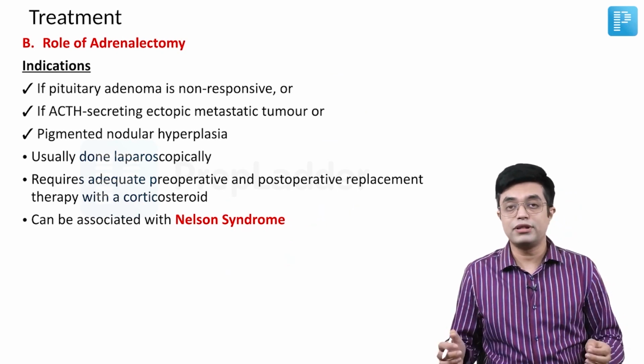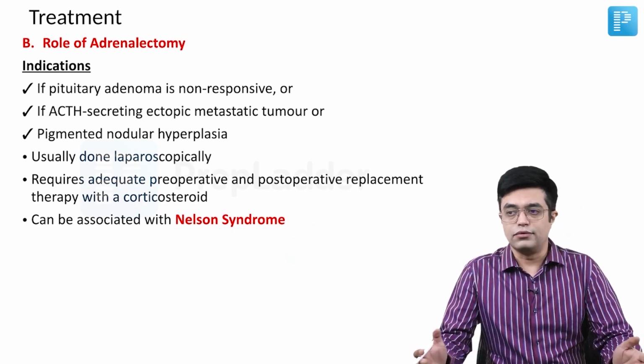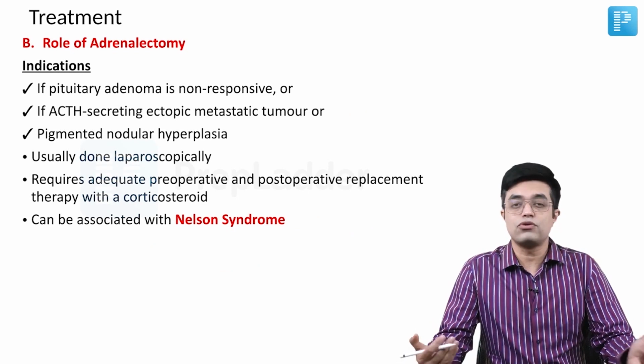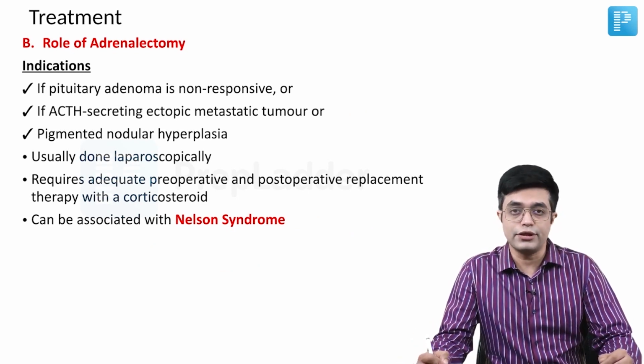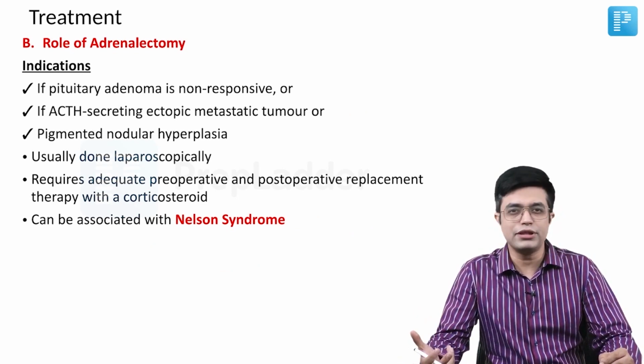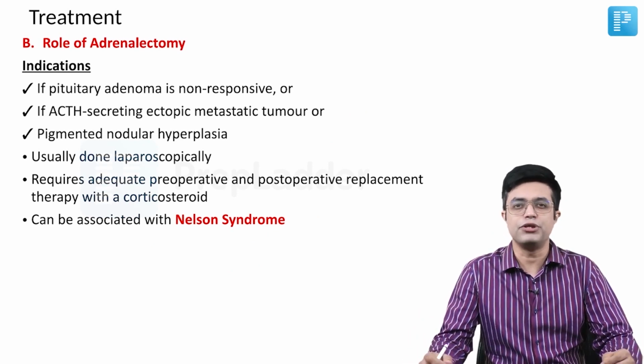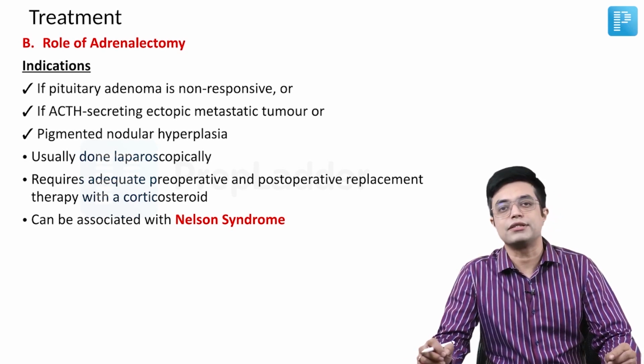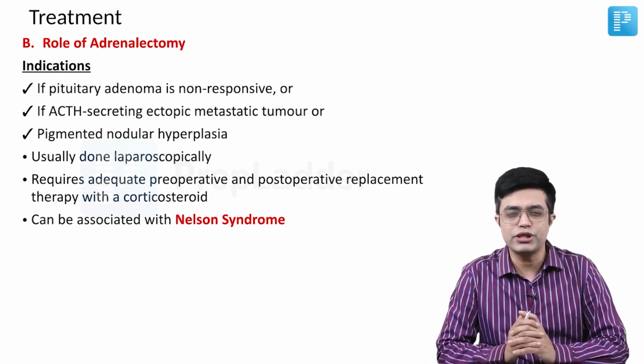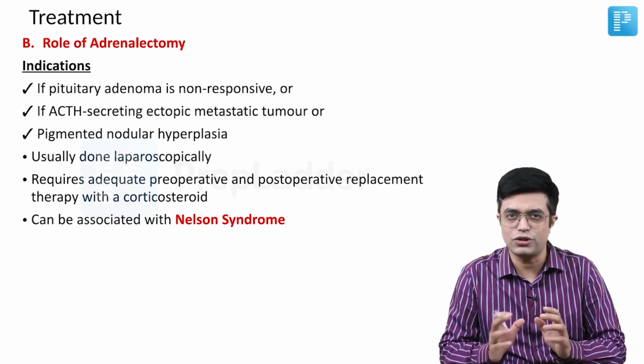And last but not the least, in case the patient was on glucocorticoids and exogenous or iatrogenic administration was causing Cushing syndrome, you will gradually try to taper the doses of corticosteroid, and in case the patient can be shifted, you will shift the patient to steroid sparing agents. So this is the brief summary of Cushing syndrome that I've tried to discuss in the shortest possible time.